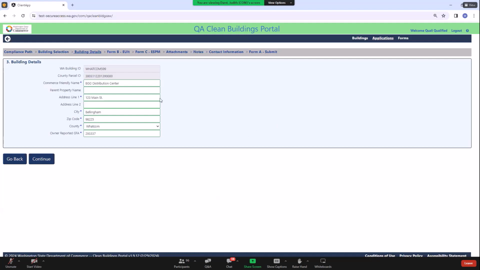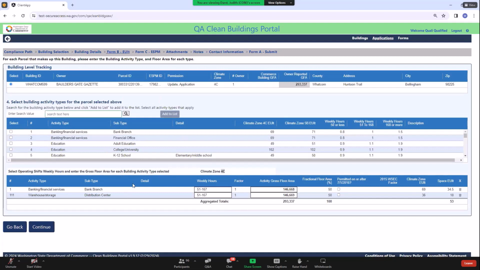The main point I want to make on this screen is the building details. The information that Michael or Tab Taverson, the owner, entered is pulled forward, and you can see it here. You, as the qualified person, are certifying that everything is accurate, and check. You can make changes here, and it does reconcile in the building section. So you can add information and make corrections. But since everything is correct, I'm going to move forward and hit the continue button, which takes me to Form